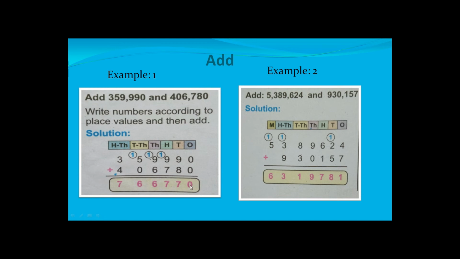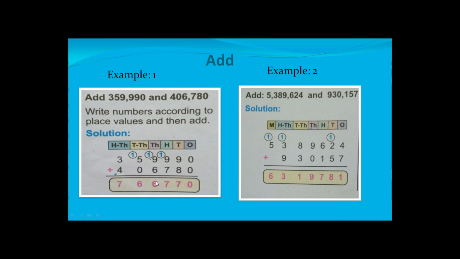0 plus 0 is, you know, everyone knows this, so this is 0. 9 plus 8 is 17. If it is 17, it means 7 will come here and 1 will move further on the 9. Okay, 9 plus 1 is 10. Next value, 9 plus 1 is 10. 10 plus 7, 17. Again 17. You have to write 7 over here and 1 will move forward and be carried to 9. Now 9 plus 1 is 10 and plus 6, 16.